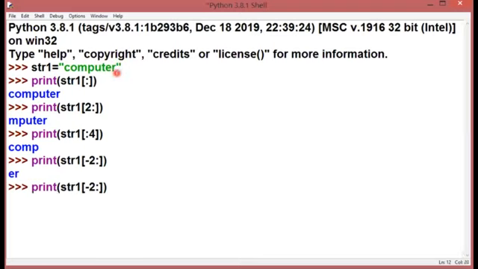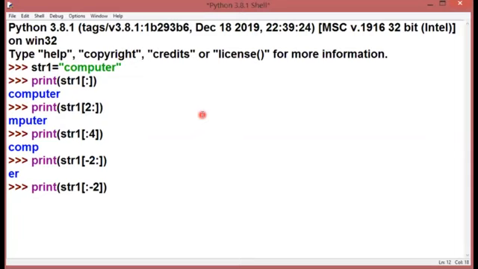Another example. Now, if I do not write the starting position but write only the end here, that means the starting position is from the start, that is 0, or it can be negative also. But my ending position should be -2. I told you the end is never included, it is always excluded.